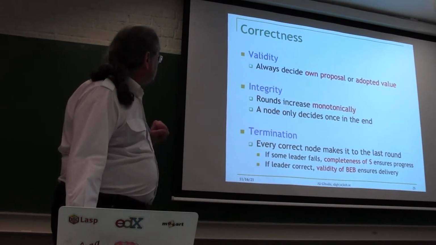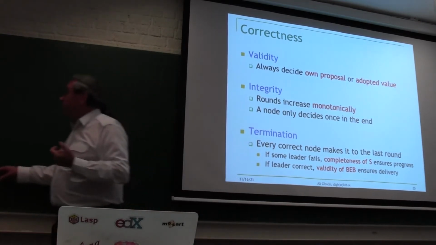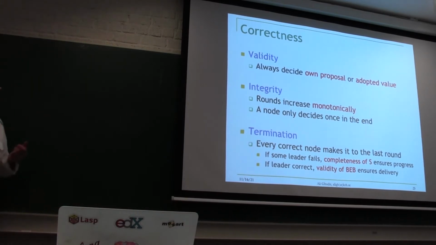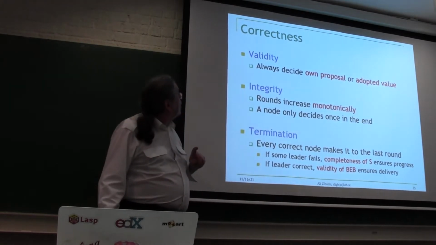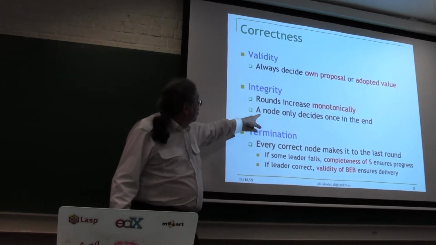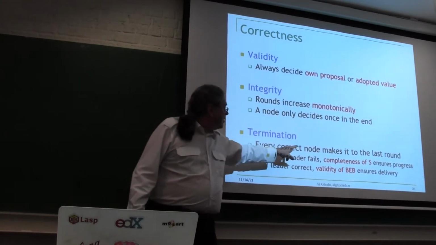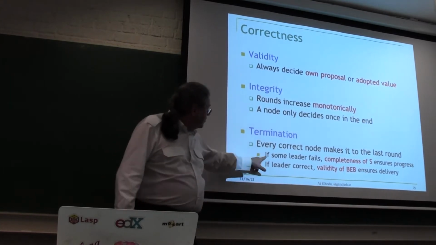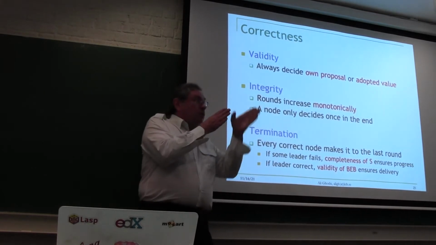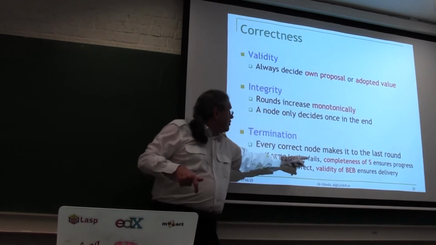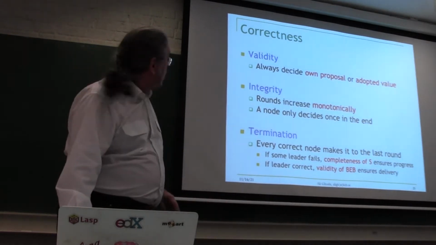So our algorithm, I mentioned it actually, our algorithm actually works for S, because you're going through all rounds. The rounds increase monotonically. So this is the uniform version, only on the sides at the end. Every correct node makes it to the end. And the reason is S is complete, just like P. So that means when a node crashes, S will detect the crash, and so it will advance to the end round. So that's one thing.